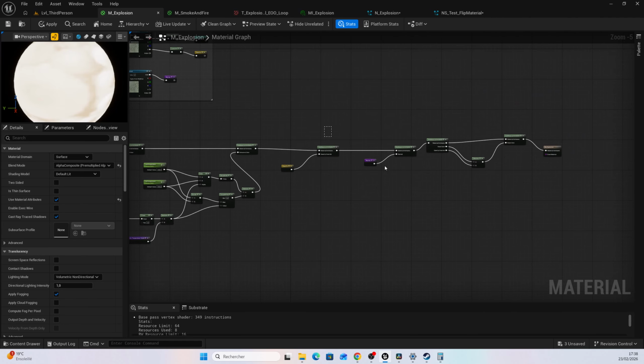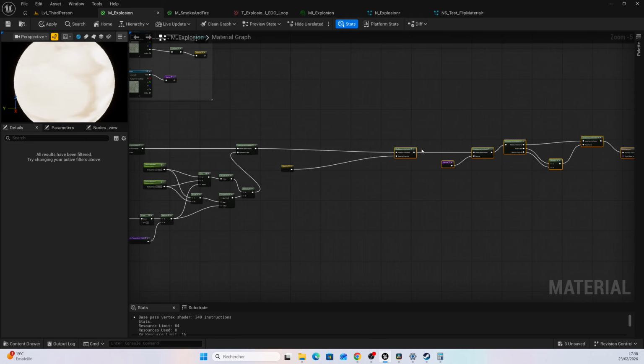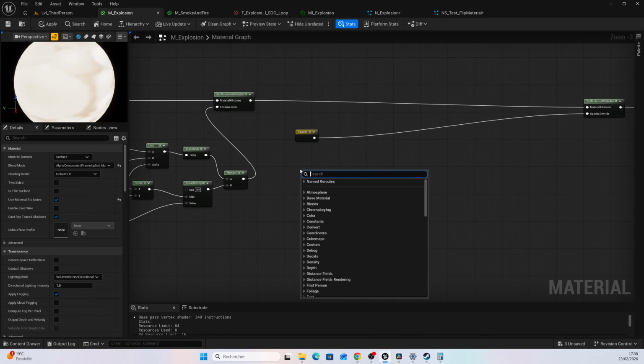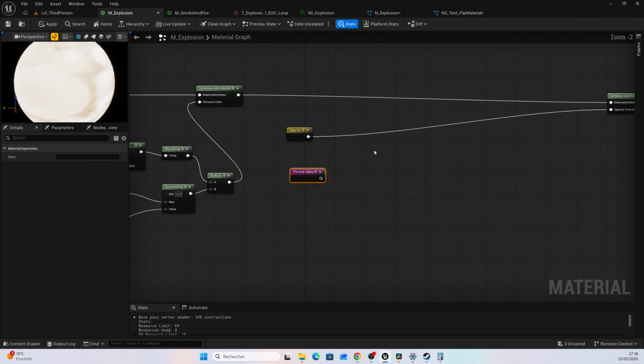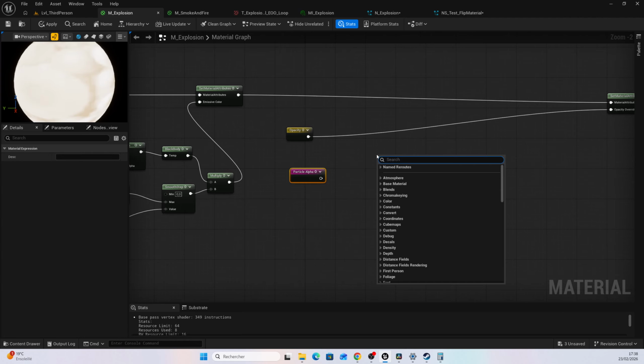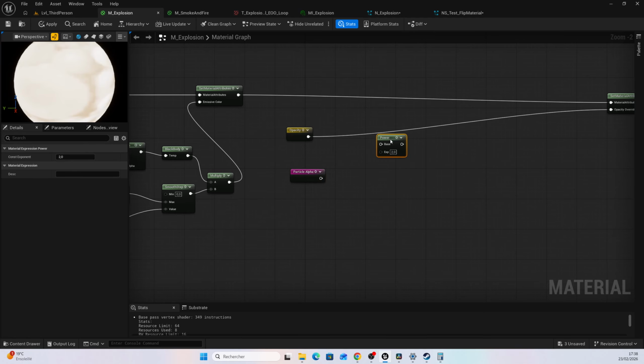So let's make some bit of space to make it like that. Call your particle alpha, and we will use again a power node, but we can't use directly the power node,